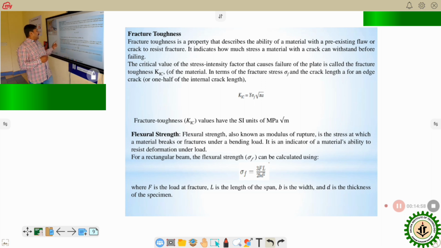And flexural toughness. From the tensile test